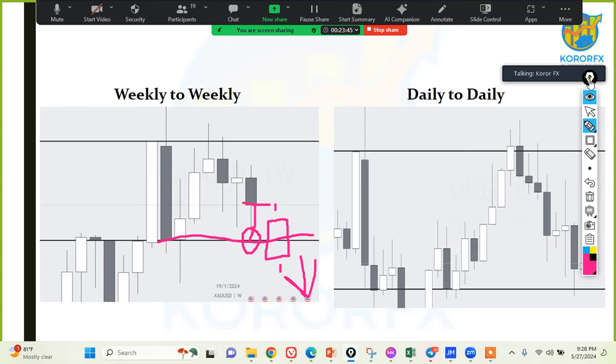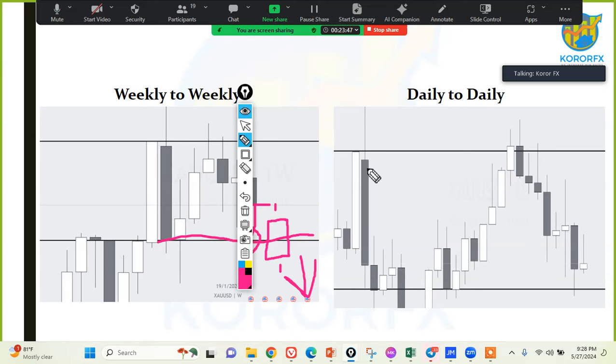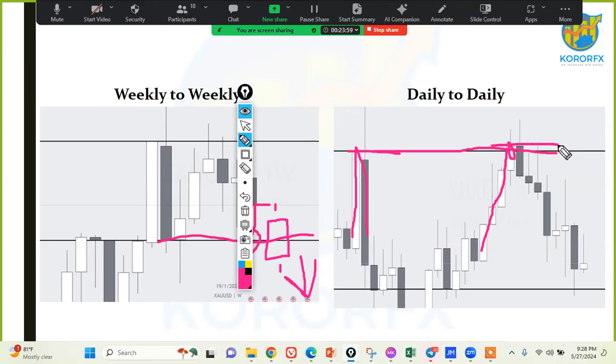So there's another example of daily rejected daily. For example, there is classical A. This is daily SNR. We've been waiting for the price to come back and touch here. Then price rejected on this level, and we can see the storyline starts there until price comes here. One important thing is like,